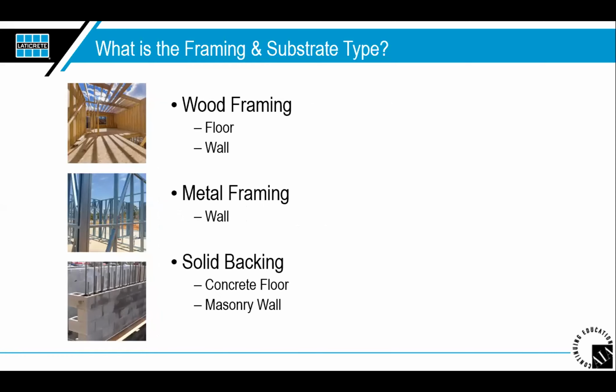What is the framing and the substrate type? So you've got solid backing, so you have concrete floor, masonry wall, right? We also refer to that as the CMU. You have the metal framing for walls, and then you have wood framing for floors and walls. Interior wood frame floors must meet deflection ratings and have a suitable substrate properly attached to the floor. Exterior grade plywood and cement